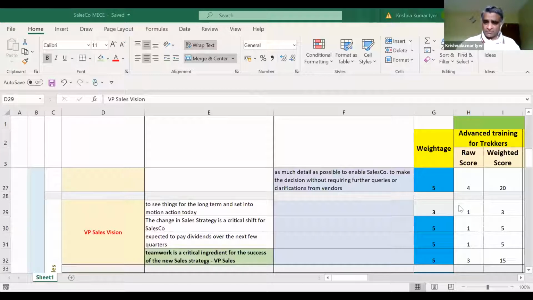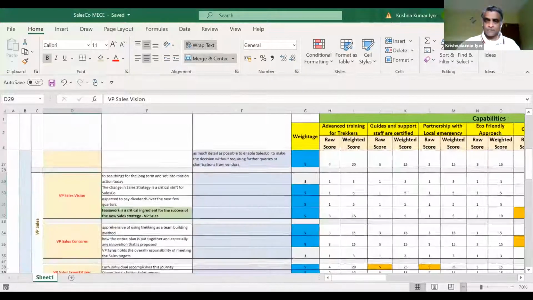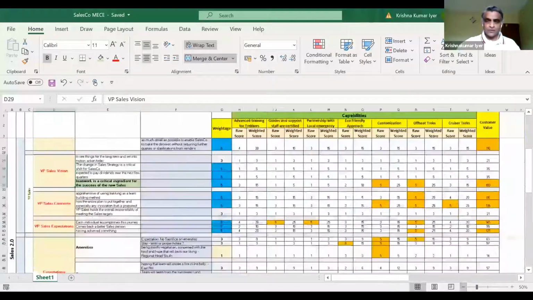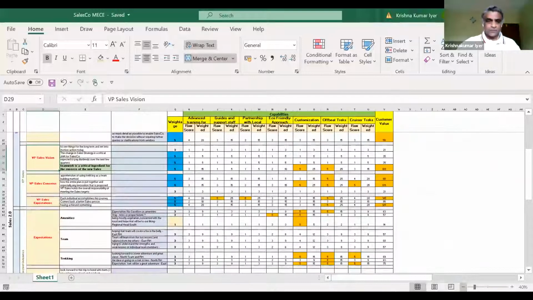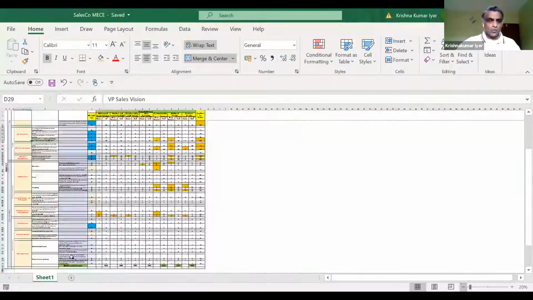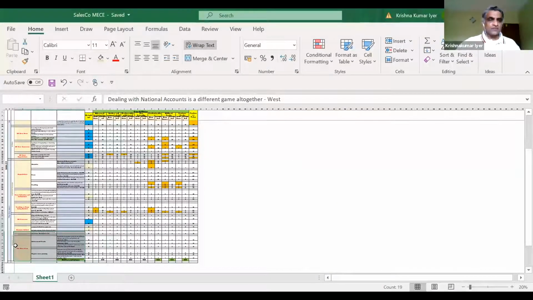And once you have done this for all the issues, I'm just reducing the zoom. What you see is that this entire piece looks like a horizontal tree with a root on the left and the branches going towards the right. And that's the way you want to build your tree, right?